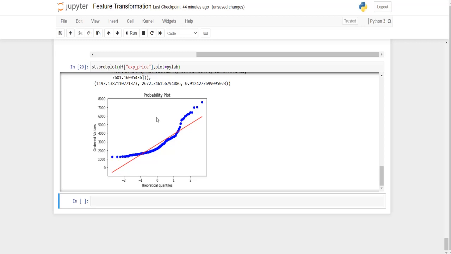Again, you can find that the data has not been normally distributed by means of this exponential technique. So now we will move on to the next technique, which is nothing but Box-Cox transformation.